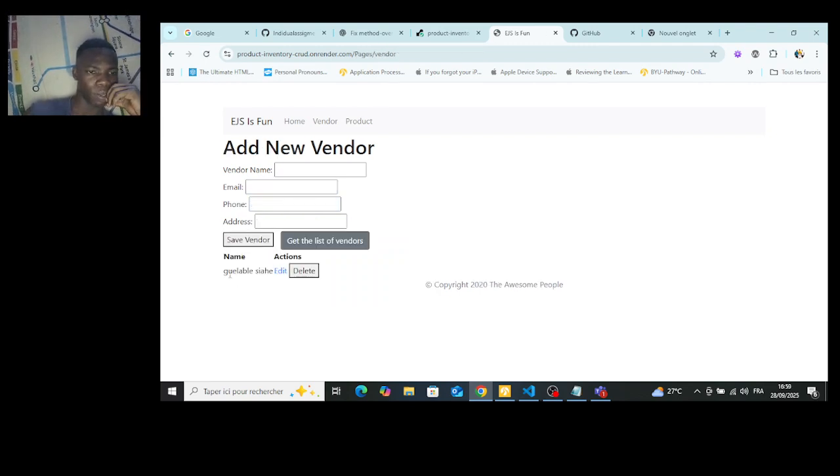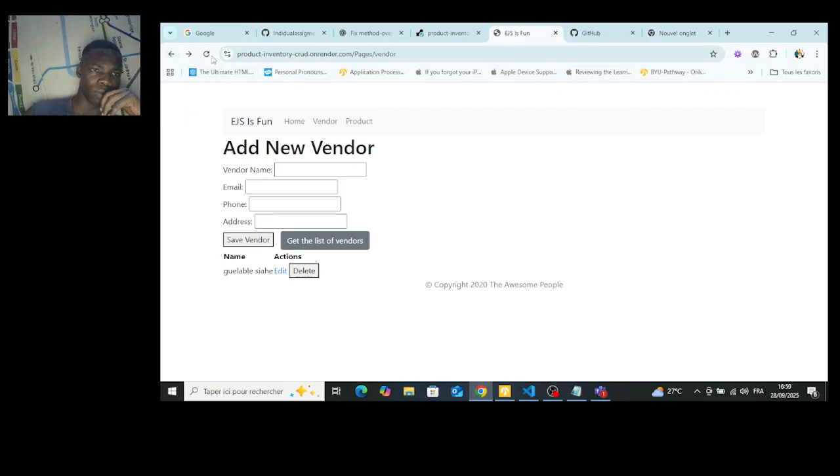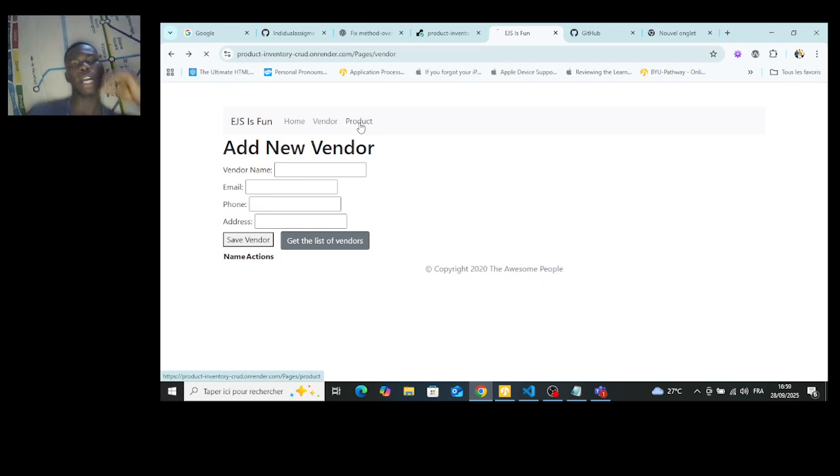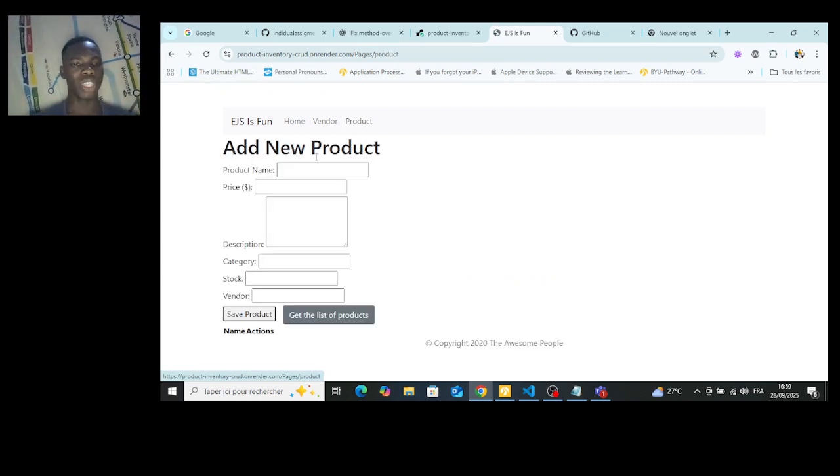See, instead of Curtis GitHub, the new value has come. So now let me go ahead and try to delete that vendor from here. So yes, vendor deleted successfully. Let me try and refresh. We don't have any vendor. Let's now try to do the same thing